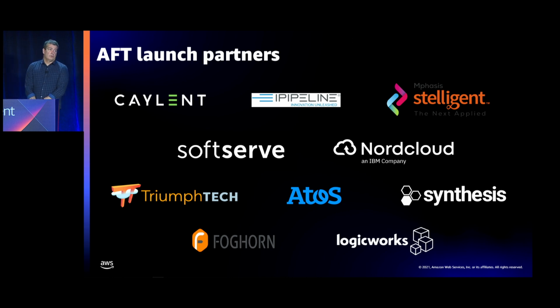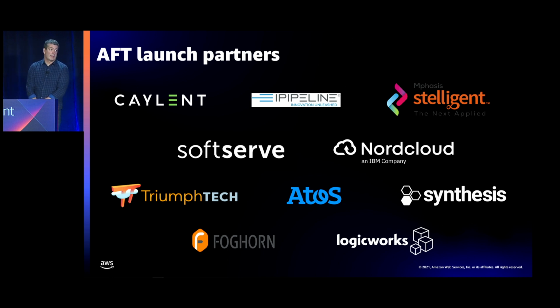As we came to the end of the development process, we did run a preview with this product, and we had a number of launch partners that were very active in deploying and testing the solution, and also starting to do some customizations of their own for their customers.